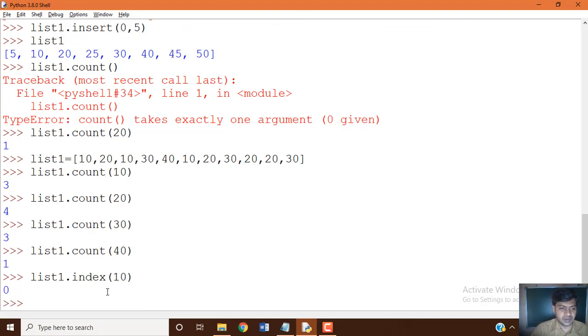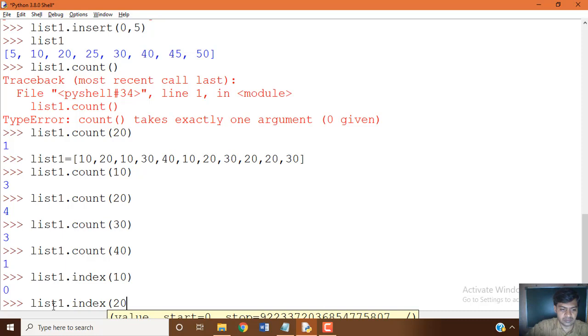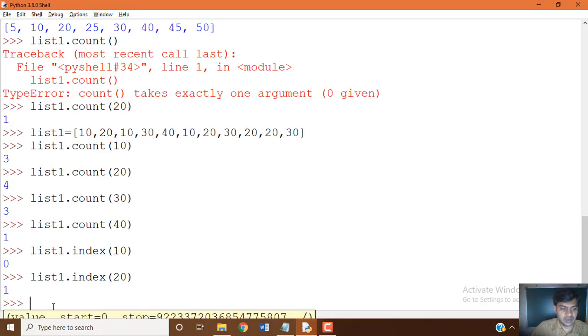In the same manner, if you give 20, it gives the first occurrence of that data item. list1.index of 20 gives 1.